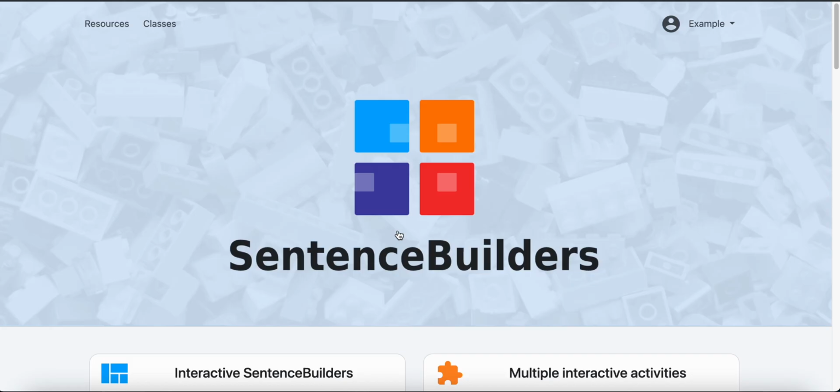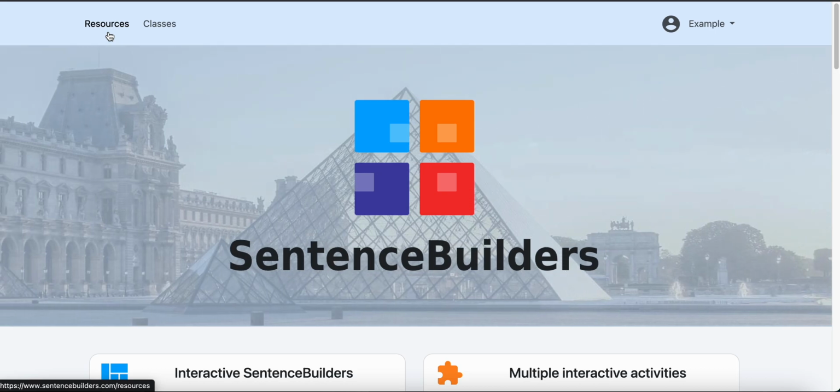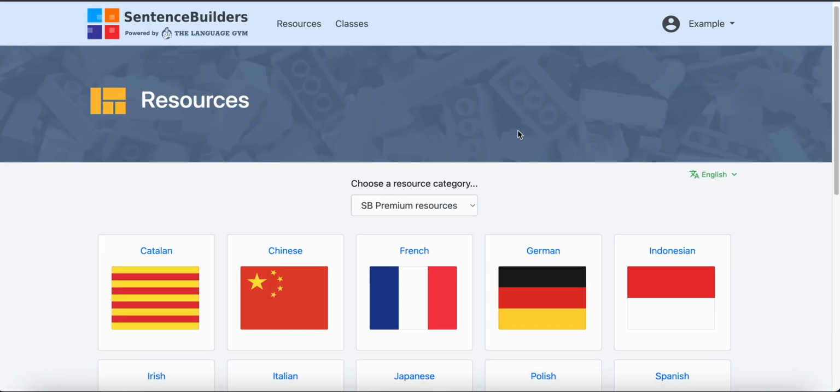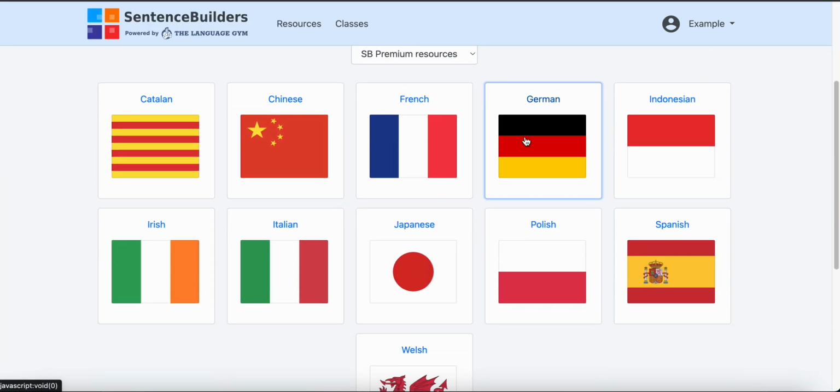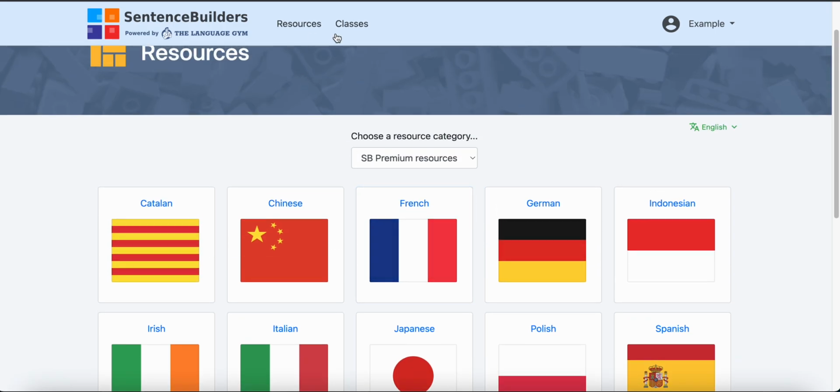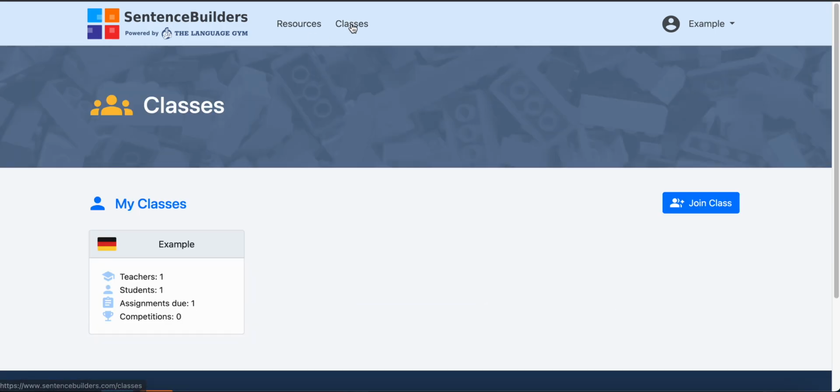Once you click Login, it will take you to the home page. You will find there are two tabs at the top. Resources gives you access to all of the language that is available on the platform. If you click on Classes, it will take you to your class and you should see one class there. Once you click on your class,